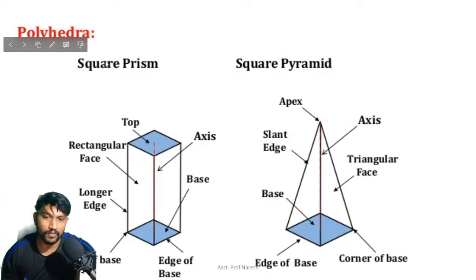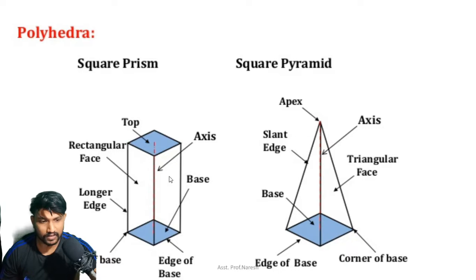If you consider a square prism here as an example, this one is the top of the prism, and this is the axis. You know what is meant by an axis, right? It passes through the center of the square to the center of the other square. A straight line passing through these two centers, and this is the face. And this is the edge. Don't worry, I'll show that in AutoCAD too. This one is known as an edge, or we can also call it a straight line.